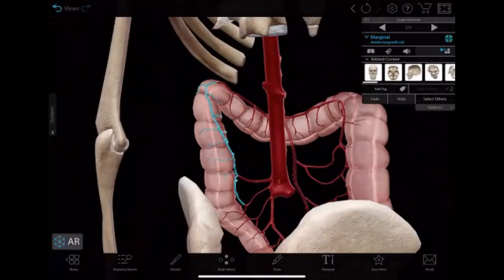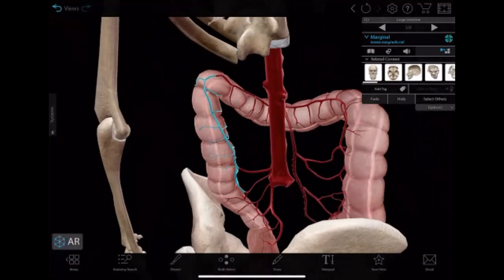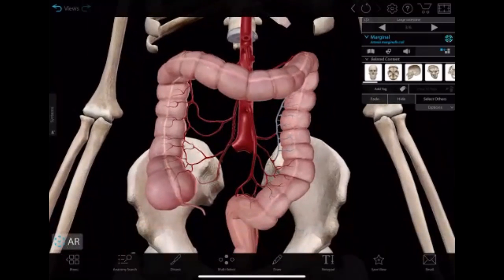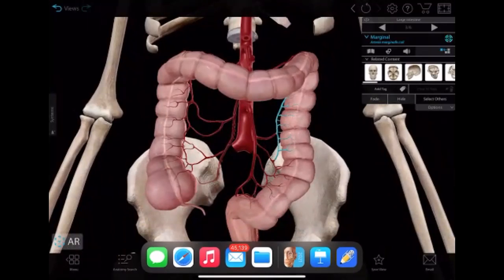You see, this marginal artery is formed by left colic artery, right? And also this is middle colic artery, right? So inferior mesenteric artery is anastomosing with superior mesenteric artery by this marginal artery, right? So that is the marginal artery. You have to remember that, right? So that is the characteristic of this colonic arterial circulation, and the veins are